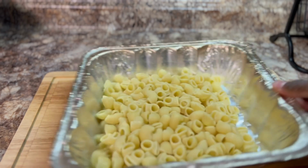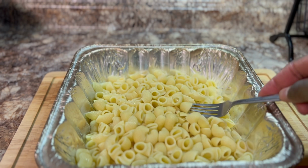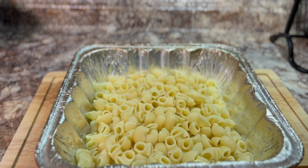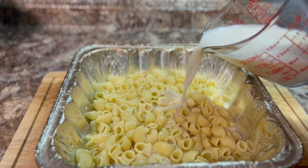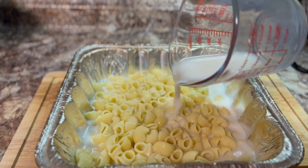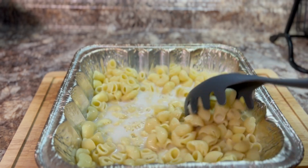Okay, so got these drained off and now I'm gonna do a taste test and see if I can taste the smoke. It's not as strong as I thought, but the smoky taste is definitely in there. So what we're going to do now is just add some milk, about a cup and a half, and we may need to add some more later, but I just want to get the milk added in here, and then going to get this nice and stirred around,